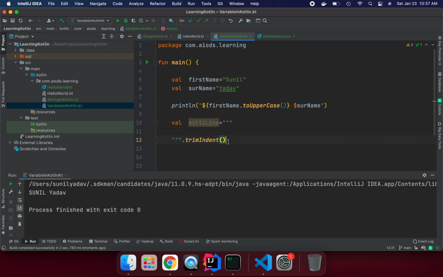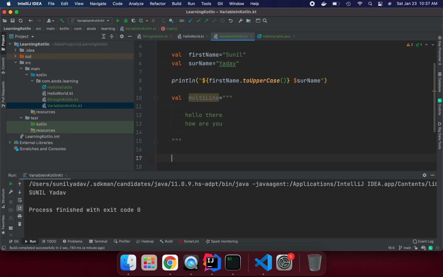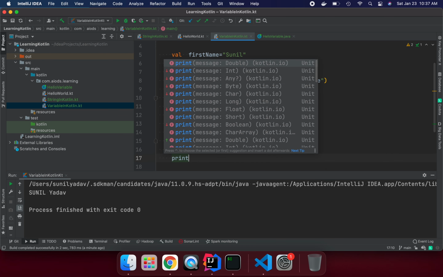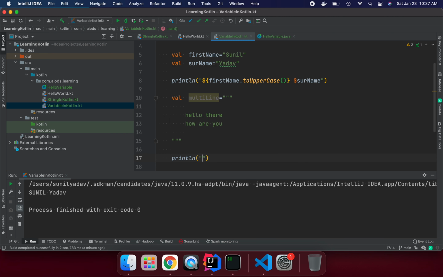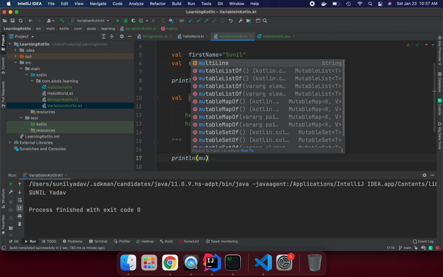Let's not put this method, I will come to it later. So if you want to say hello there, how are you? Suppose let's run this value, println multi-line.